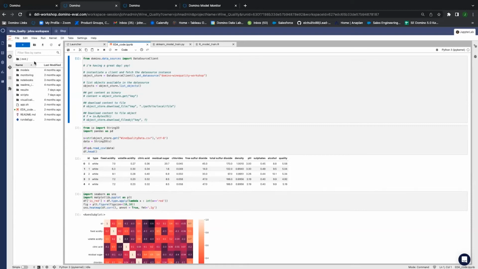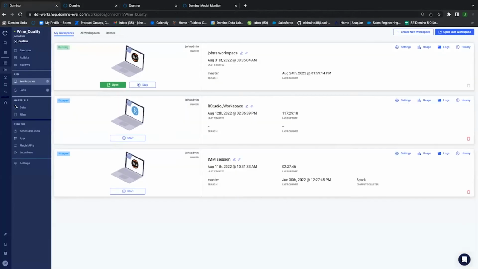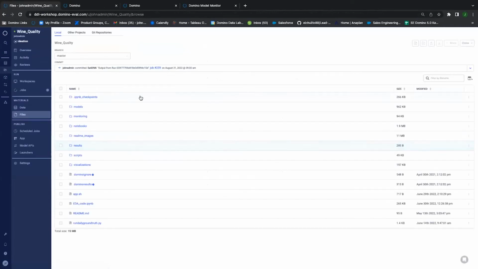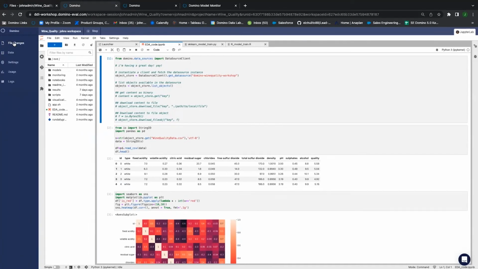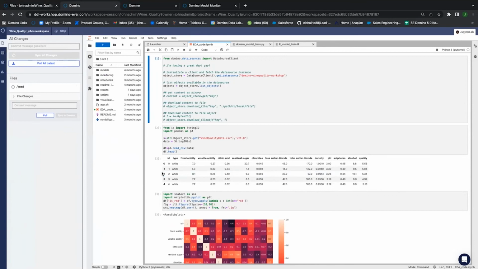If I go back to Mount, all these files that you see here are basically copied over from the file system of your project. As a collaborator inside of Domino, when I create a workspace environment, that workspace environment is owned by me and me alone, because that's my environment to work with. Since I'm modifying the files, if I select, for example, file changes on the top left blue nav, any changes I make can be synced back to the original file system of the project.